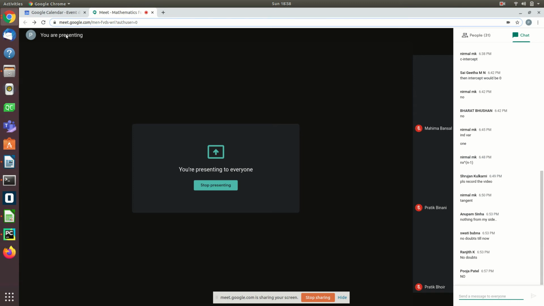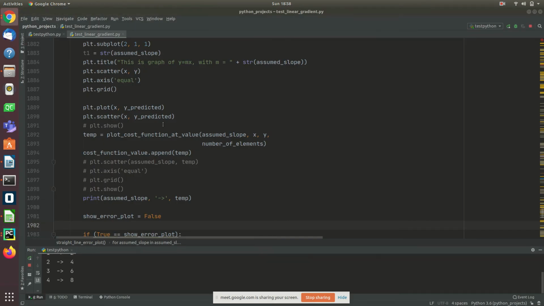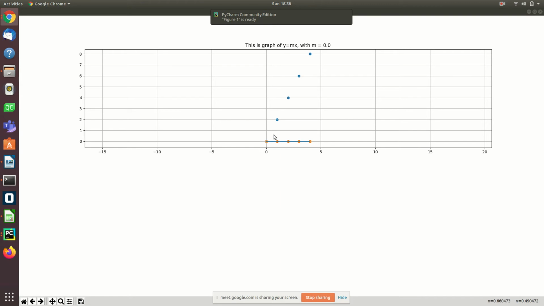How do we really do this by programming? First of all, when I said m is equal to 0, we say this is not correct. Why? Because the real one is here, the calculated is here. Real one is here, calculated is here. Same case with this, same case with this. But the beauty is, when I started increasing m, the error has gone down, right?